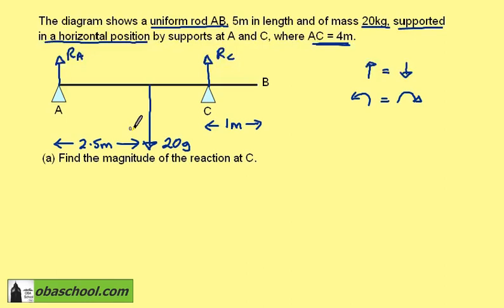Since we're interested in the magnitude of the reaction at C, a sensible place about which to take our moments is A. This means that we don't need to know the magnitude of the reaction at A, since its line of action goes through this pivot, and therefore it has no turning effect. So taking moments about A,